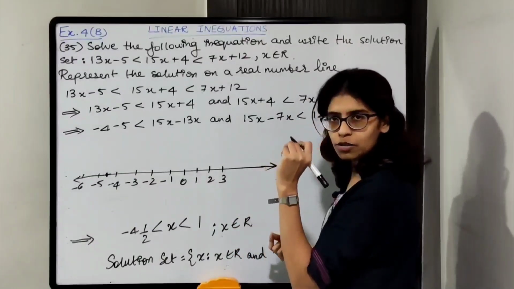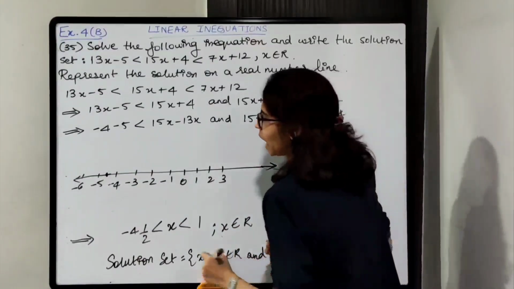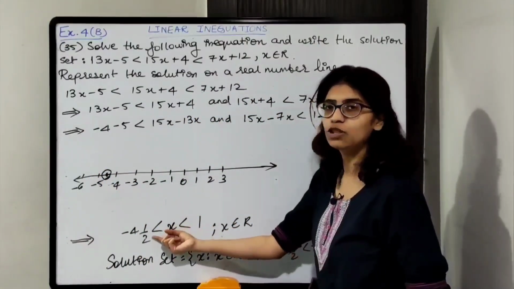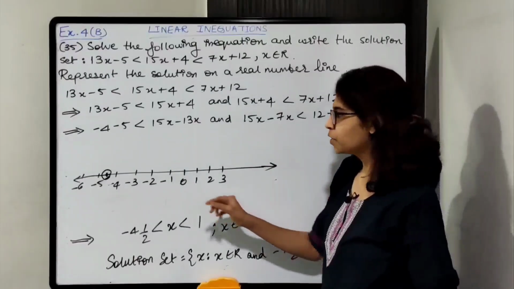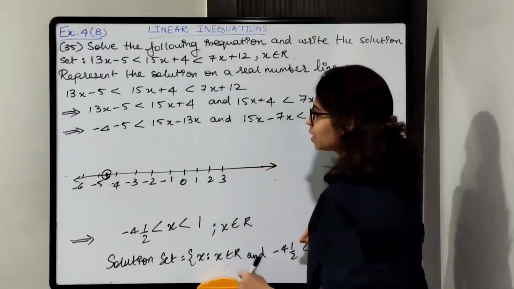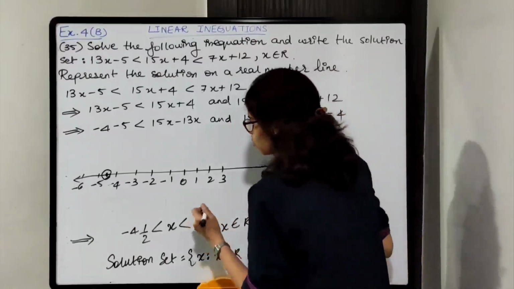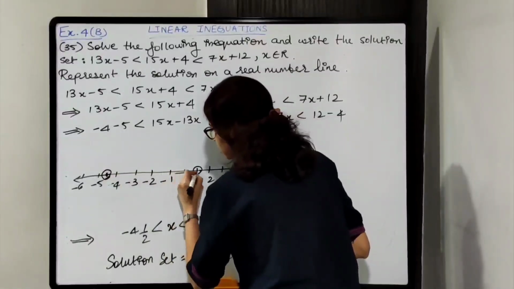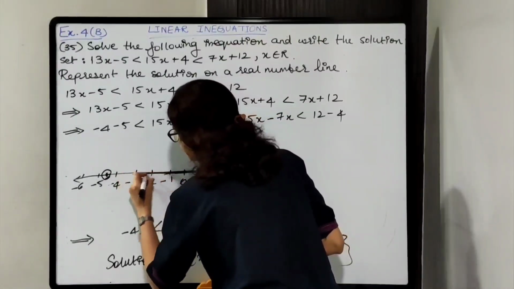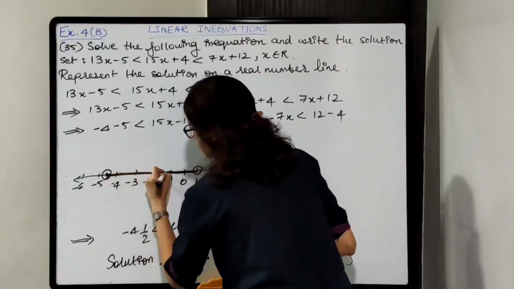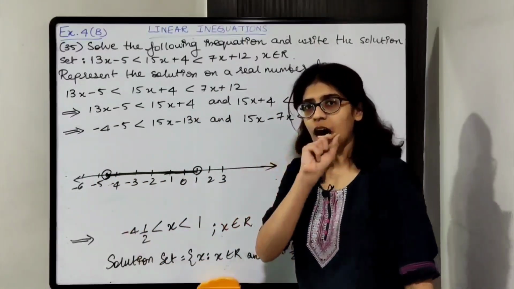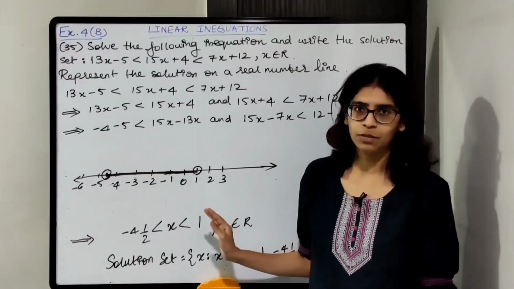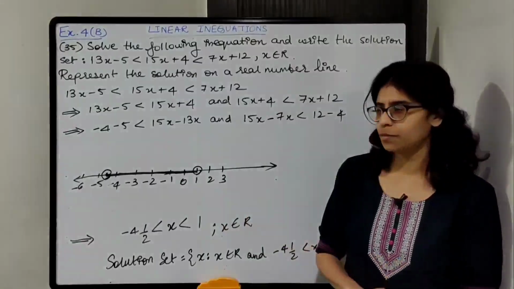So draw a small dot over there and circle it. Is this value included? Will x be equal to this value? No, it will not be equal to this value. So keep it as it is. We will not fill it. And up to 1. So up to 1. Circle this also. In between, any value is possible. Even 1 is not included. Okay. So keep it as it is only. Draw a thick, dark line with the help of a scale and pencil. Okay, but it should be very neat and understandable. Okay, so this will be the plotting of the number line.